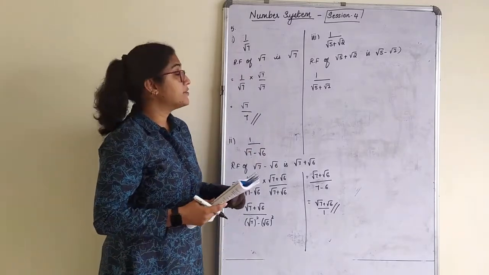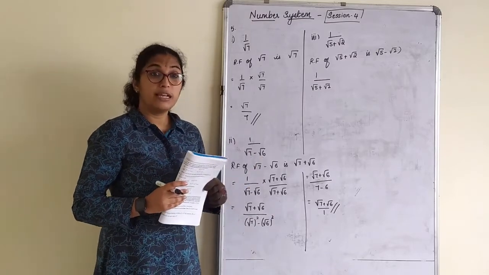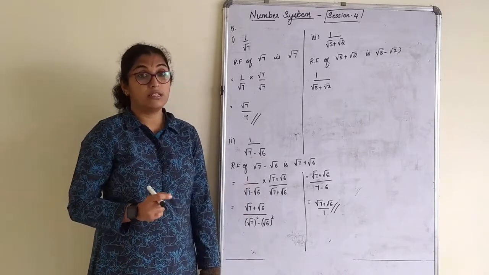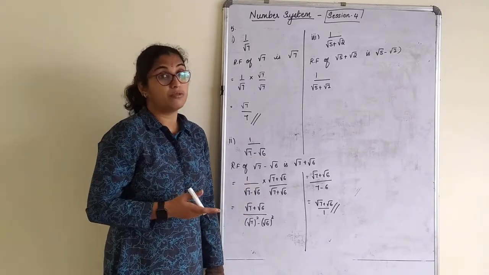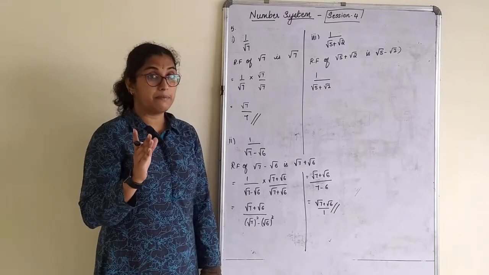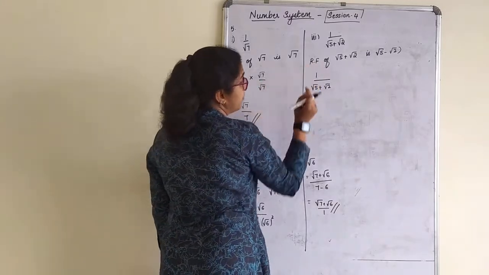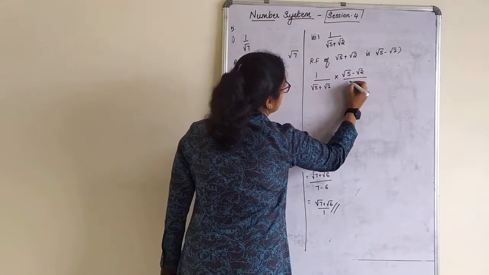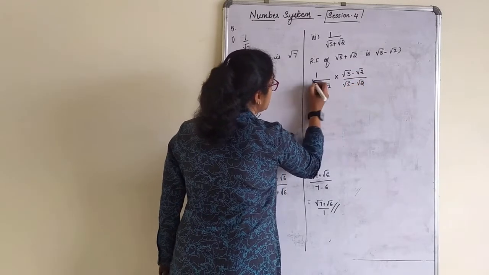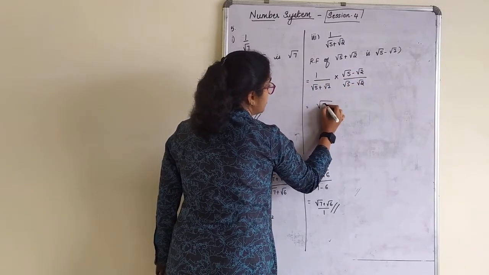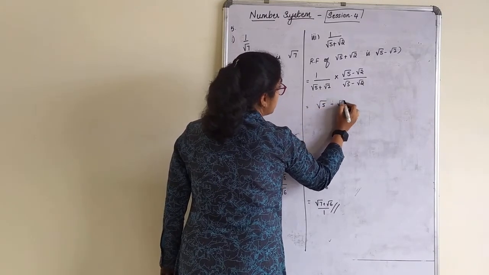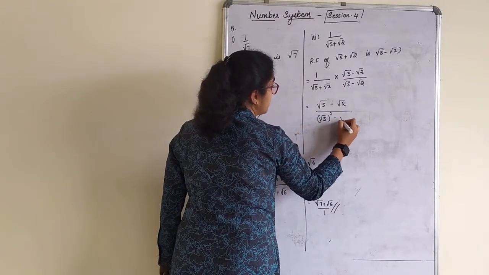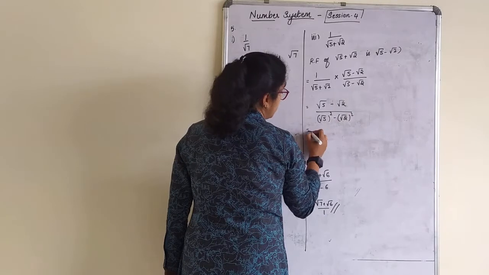In 10th standard we also have certain rationalizing factors sums. So there if you don't write, your paper goes outside for correction. So we need to follow all the steps. So let us practice that from now only. Writing one extra step, nothing will happen, right? So this is a compulsory factor what you have to write. Into root 5 minus root 2, root 5 minus root 2. Numerator as it is, root 5 minus root 2, divided by a plus b, a minus b, root 5 whole square minus root 2 whole square.